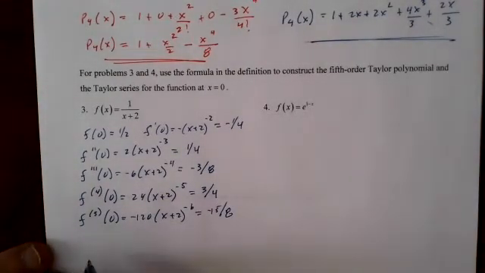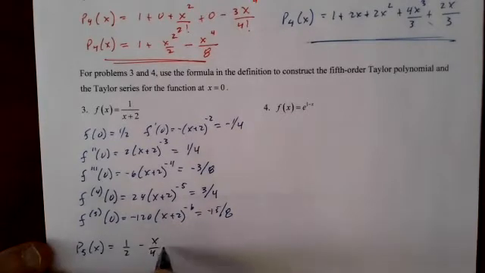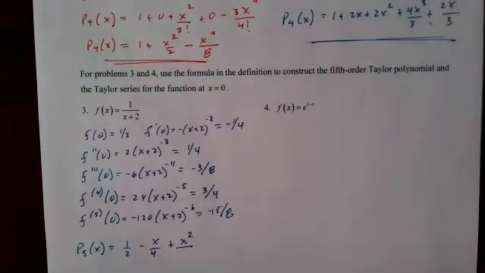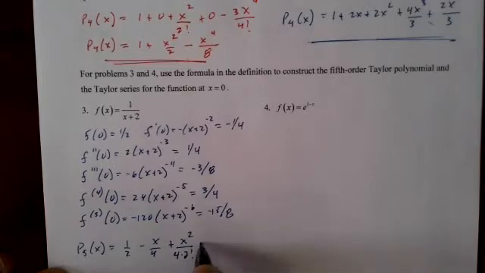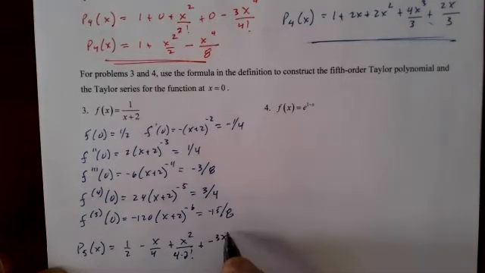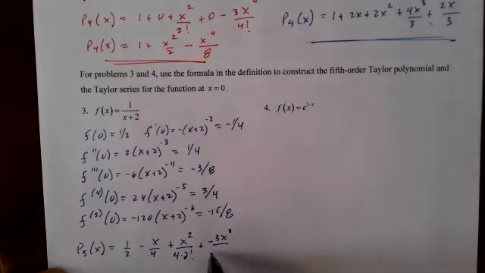So P5 of x equals 1/2 minus x over 4 plus x squared over 4 times 2 factorial plus negative 3x to the third over, hang on, getting lost in my math here, 1/4, found a mistake in my answers. 8 times 3 factorial, negative 3/8, 8 times 3 factorial, yep, plus